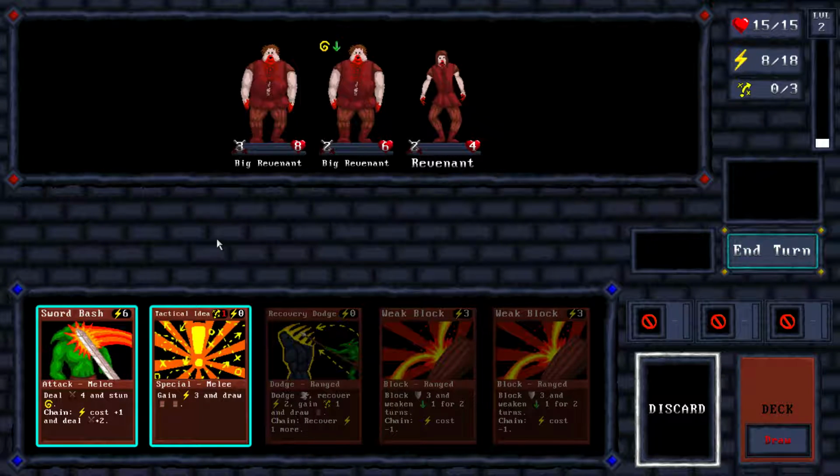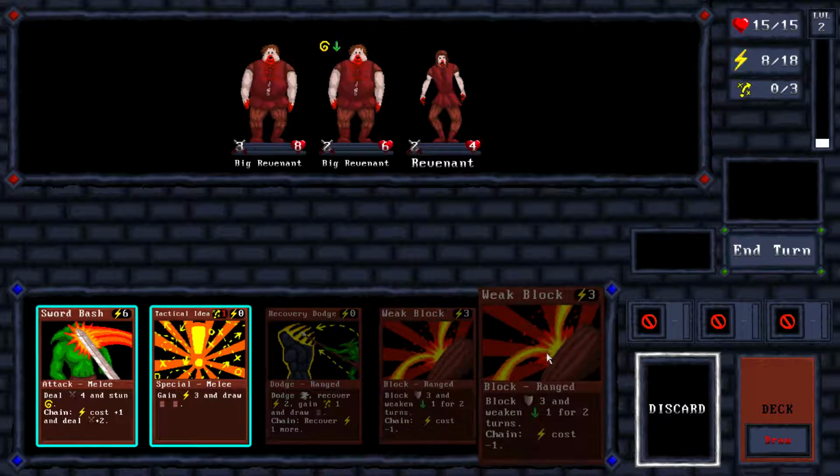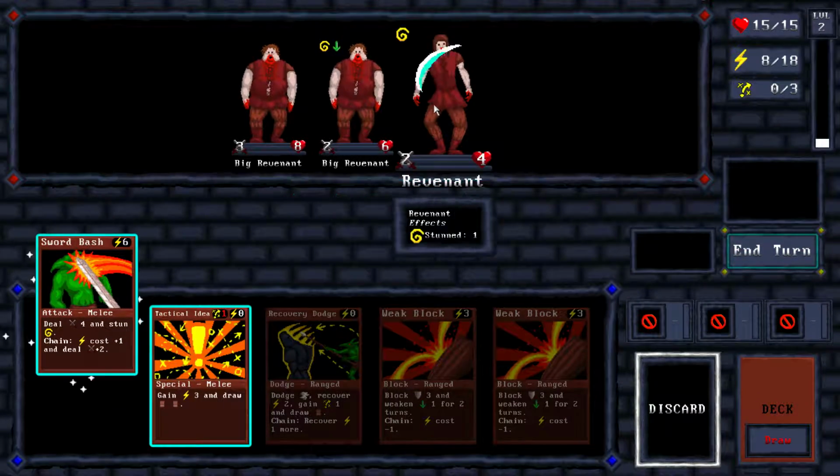So if I do that, this one costs 6, right? And that's only going to leave me with 2, which I'm not going to be able to block with. Well, actually, this will recover 2, right? So I'll be able to... Yeah, this will actually work out for me. So if I use this and take out this guy...